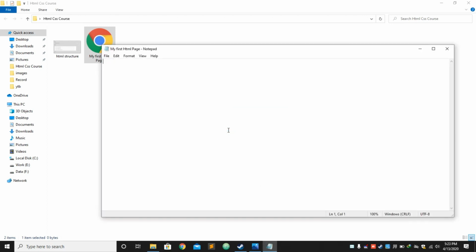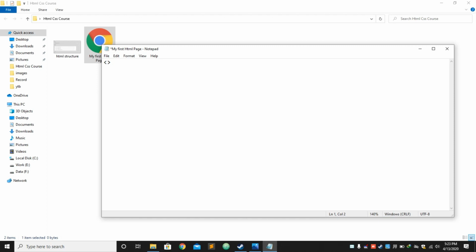Now here, what we can write HTML. We write HTML in a starting and closing tags. So now what is tags? Tags are basically written in less than and greater than sign.